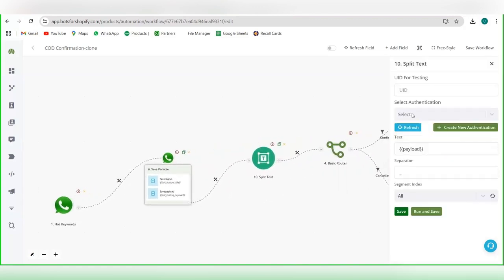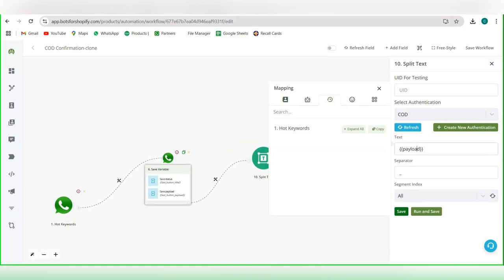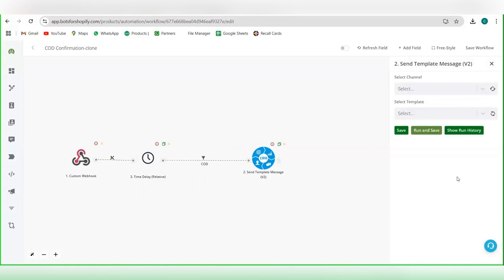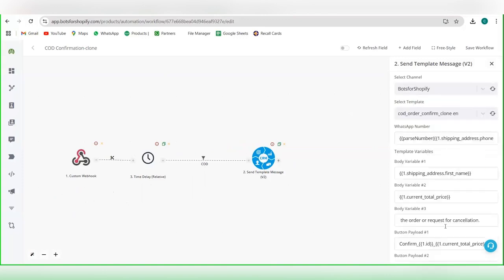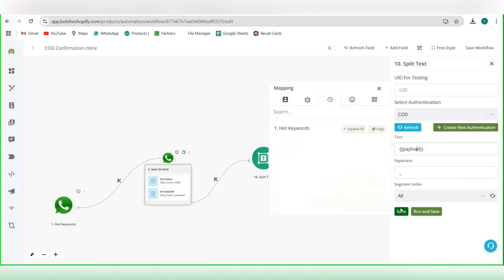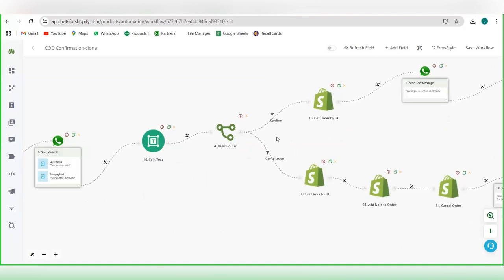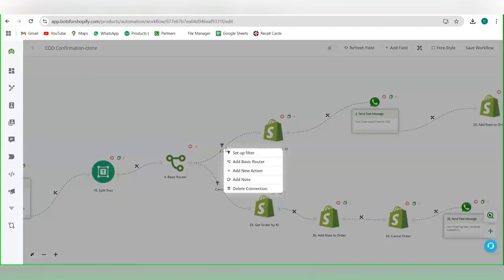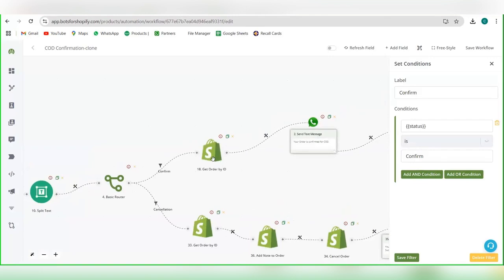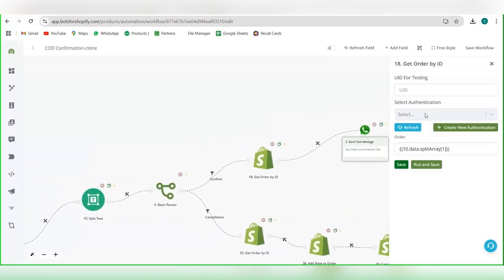Next, I'm splitting the text of the payload by separator using underscore, which I have mentioned in the template over here in the automation builders. And further, I have saved it. Then I have kept the router for confirmation and the cancellation. If the order gets confirmed, if the user clicks confirm, if the status is confirmed, then I am fetching its order ID